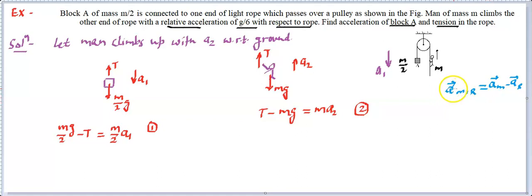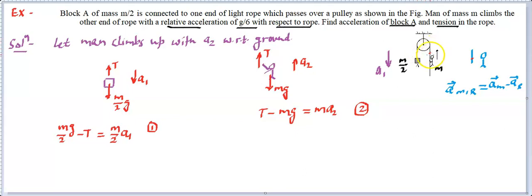Now here we need to be a bit careful. We are applying this for this combination, or for this interaction. You need to see this is a rope and this is a person holding the rope. So the point where this interaction is taking place is going to matter. If we have assumed this point to be moving downside, that means this rope will go downside, and the other point will go up with the same acceleration as per summation T dot a. If it is moving downside with a certain velocity or acceleration, this point moves upward with the same acceleration as far as the magnitude is concerned, and this is because the string is inextensible.